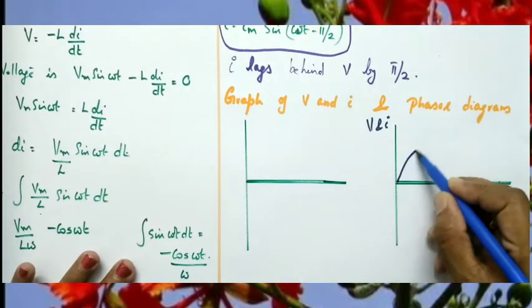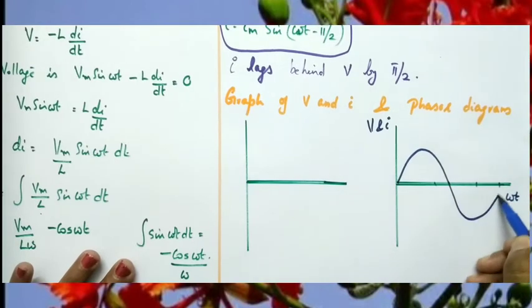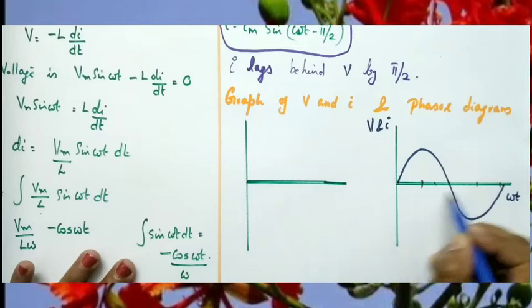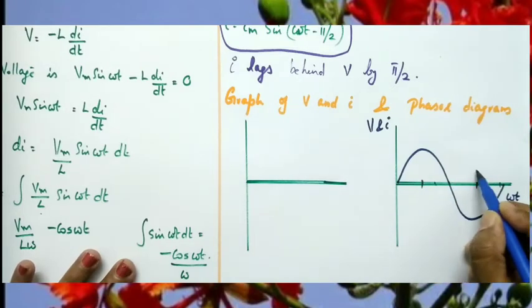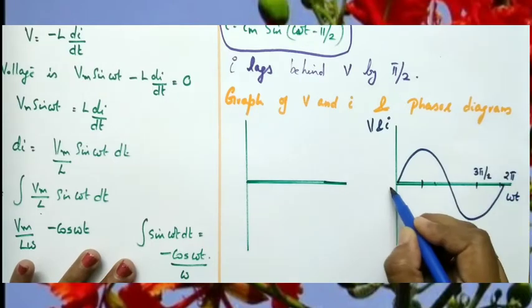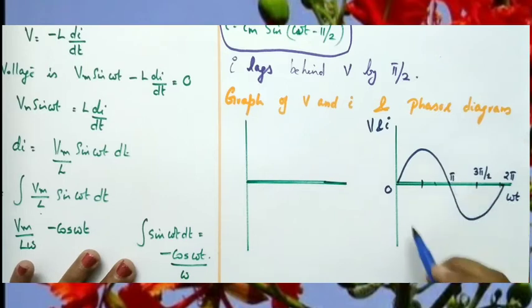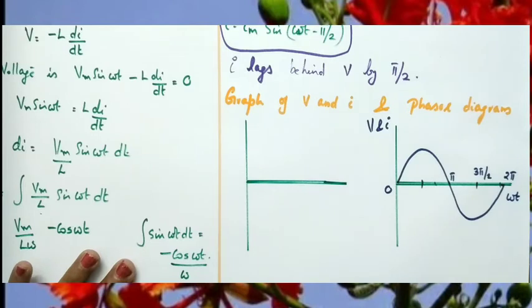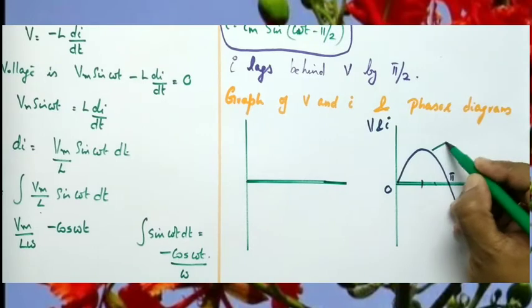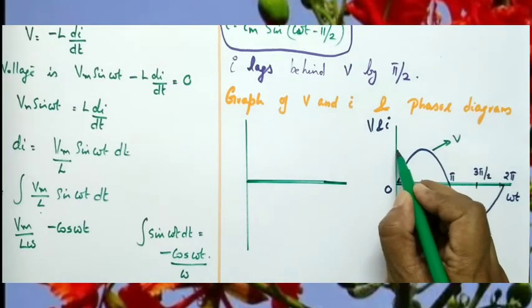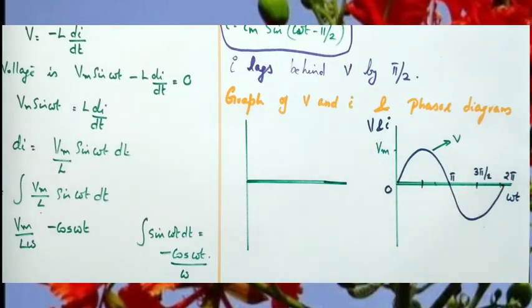So, first we can draw the voltage. Here this represents the voltage. Here 0, maximum value is pi by 2, this is pi. Here this value is 3 pi by 2 and this is 2 pi. Okay. So, that is the angle 0, 90 degree, pi by 2, pi, 3 pi by 2 and 2 pi. And this represents the graphical representation for voltage. Now, what is this maximum value? This maximum value is Vm, the peak value Vm.